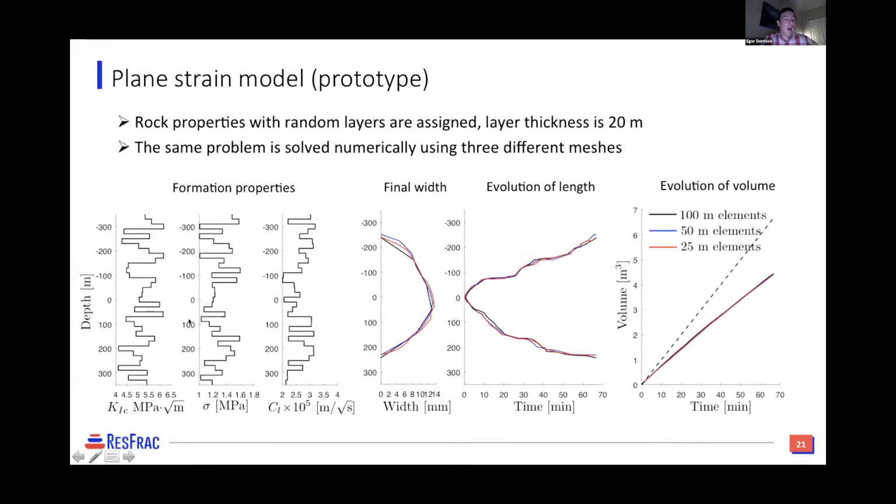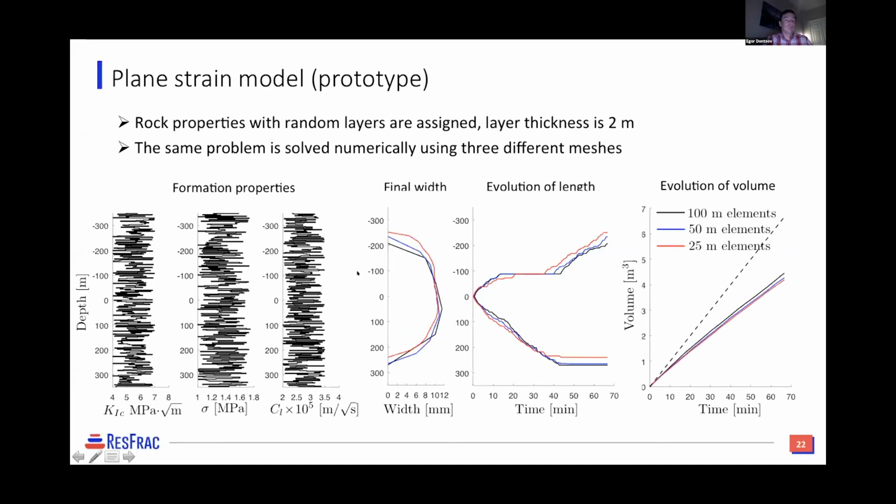So here's an example where I actually used randomly generated data in terms of layers for toughness, stress, and leak-off. And the layer thickness is 20 meters. Again, I use the same 3 different element sizes, and I inject here at 0, the same parameters, just 3 meshes. And you can see how complex the fracture evolution is in height and length. You can see all these barriers and so on. And the volume loss is all pretty identical. So it's remarkable. And again, 25 meters is still larger than the layer size. I can run it with 5 meters, but why? If you already match,